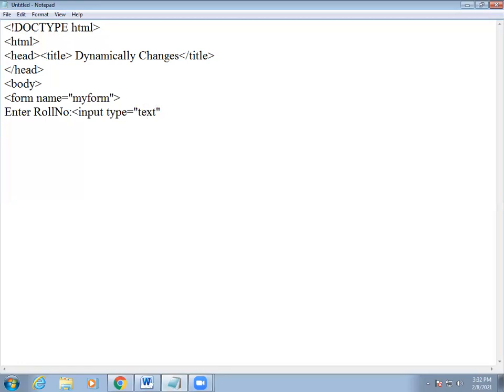In it we give some name, and our text box name is roll. So let's close our first input box, right? We will run this program and see what happens. Let's save this program.